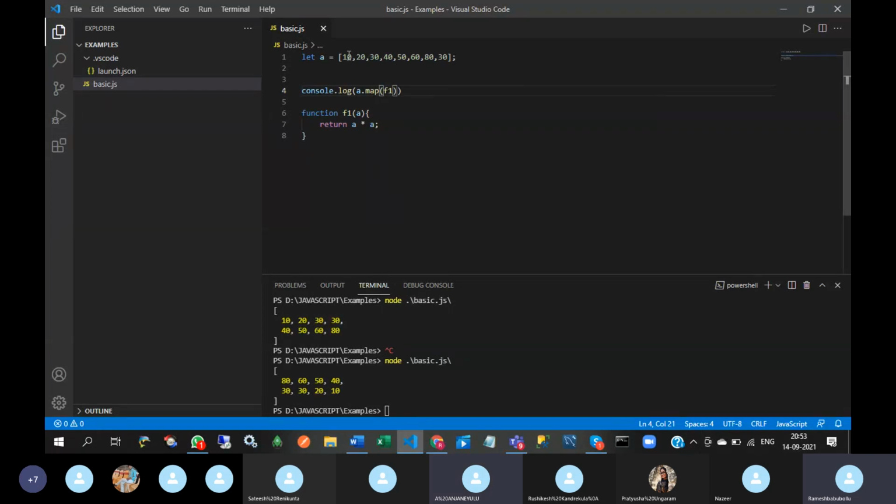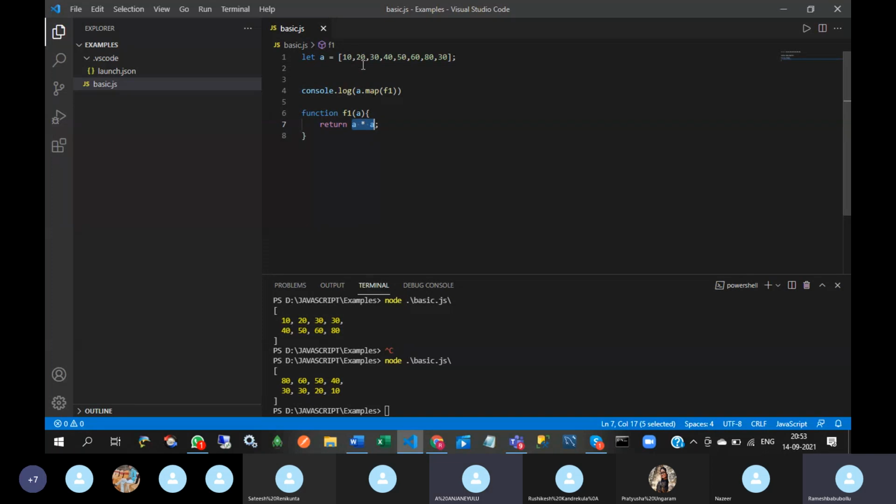Here, this map function will take 10 and pass the 10 to this function. I am doing a square. So a into a. So 10 into 10. And then it will pass 20.